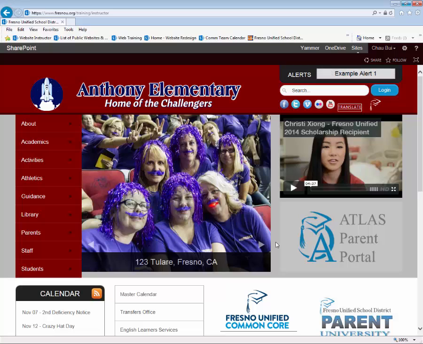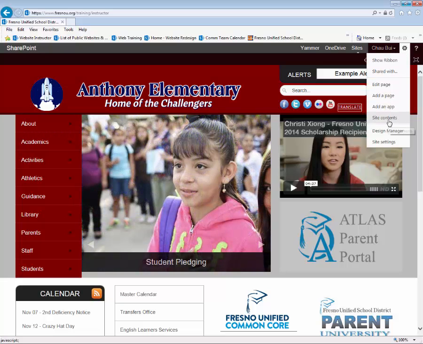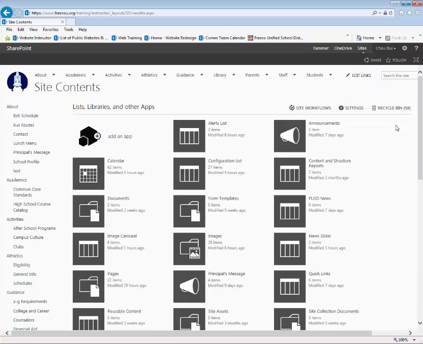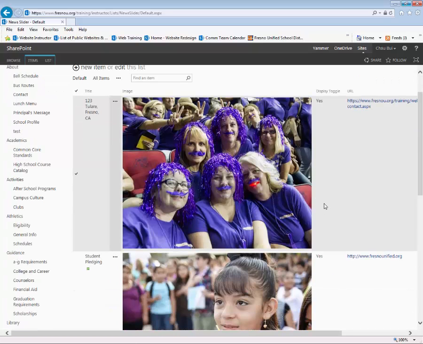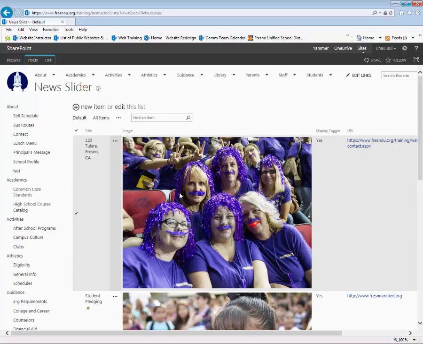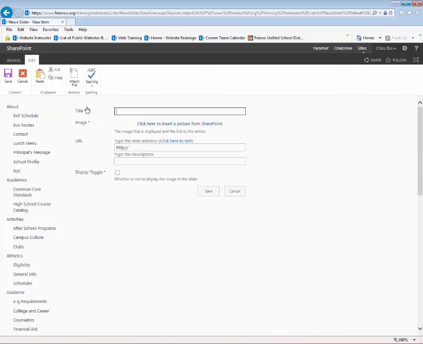Alright, the first thing you do is go to the gear icon, click on that, and go to Site Contents. And down here on the news slider, double click that. Let me show you first how to add a new slide. And to do so, you would click on this New Item button up top. And you have a blank